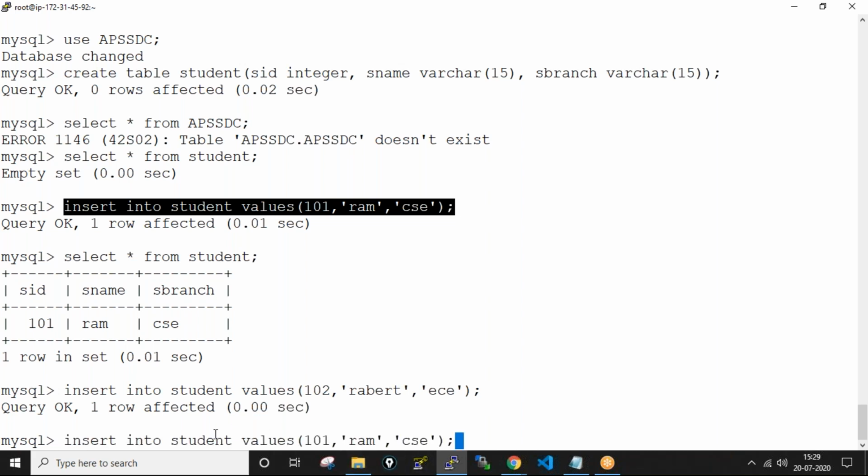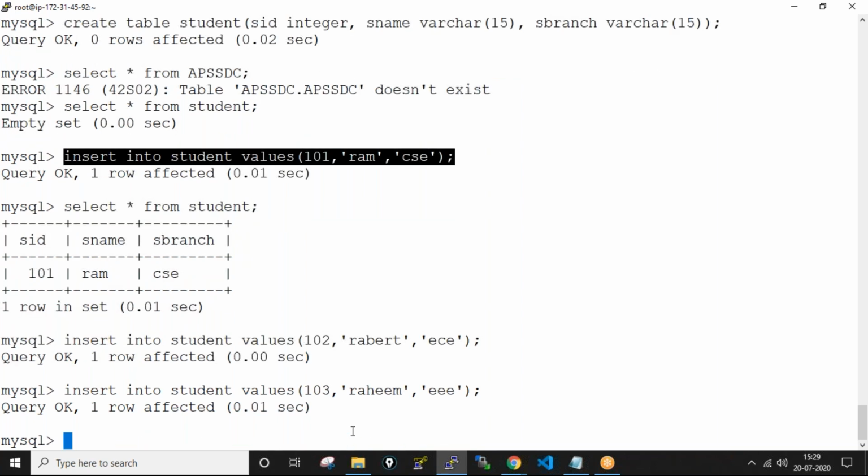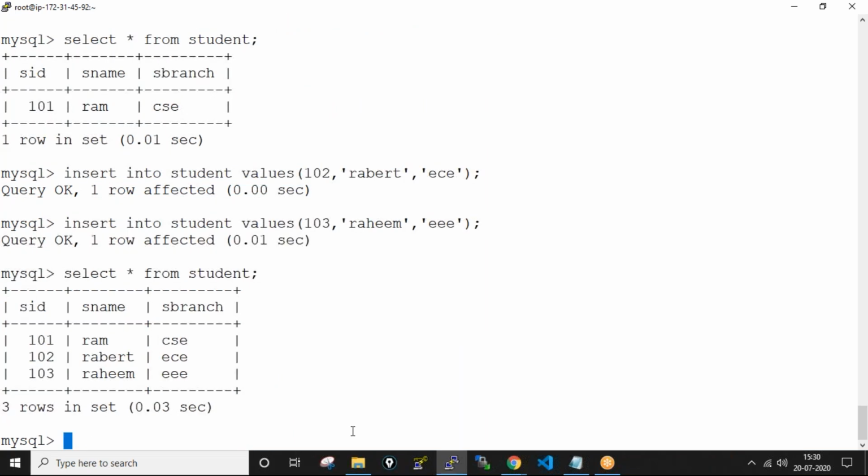And I'm taking one more branch. ECE triple I'm taking now. And 103 it is. Yes. So now select star from student. So this way you can create the table and you can insert the values, right?